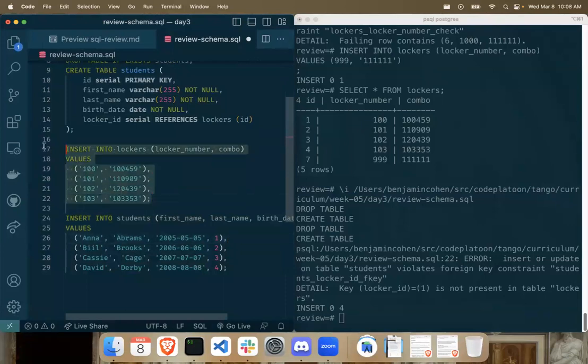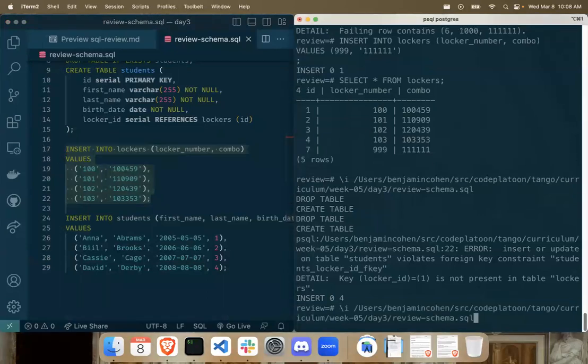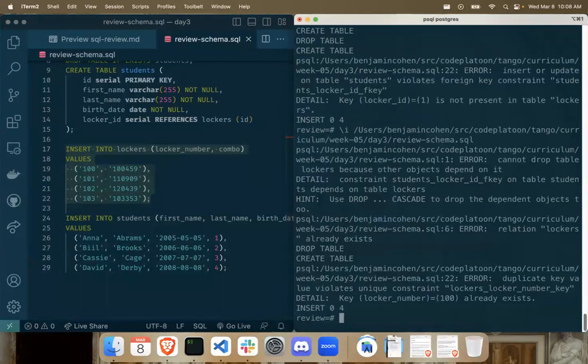And because of how we wrote it before, there were no lockers yet. So it instantly failed, because it was saying, how am I supposed to associate Anna Abrams with locker 1? There is no locker 1. And again, that's the usefulness of a constraint, that we were able to get an error as opposed to just doing nonsense. So if I run this now,